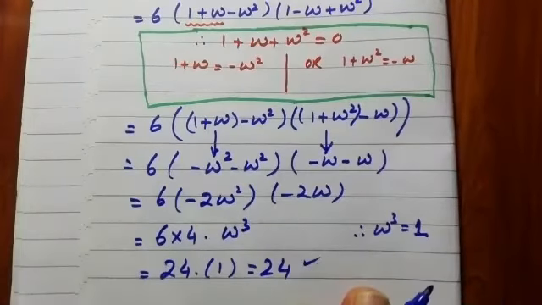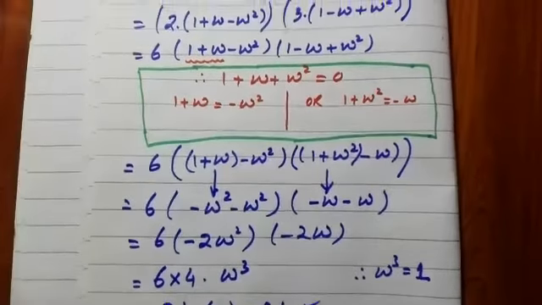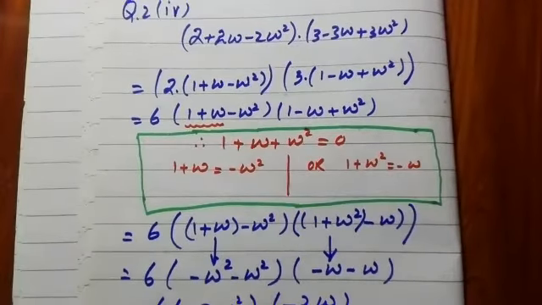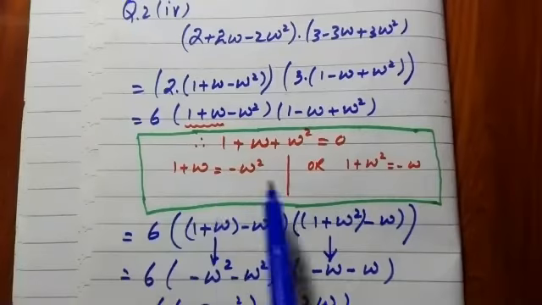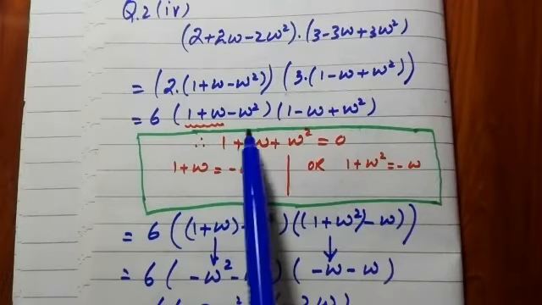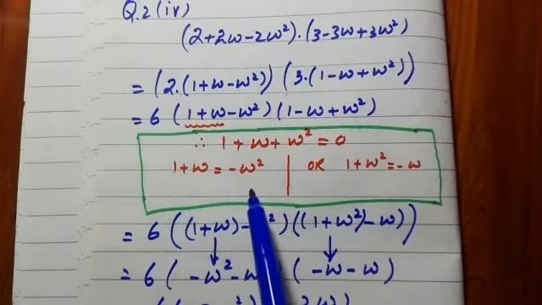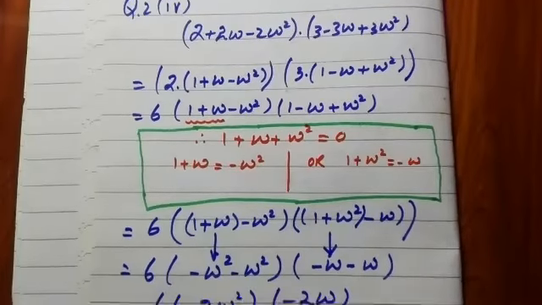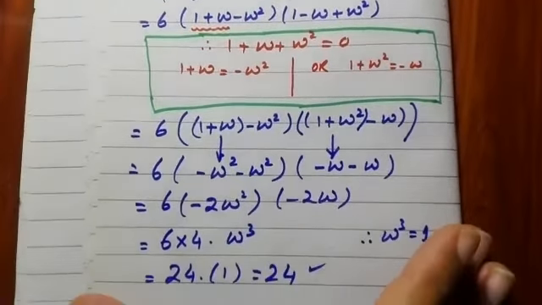In this question, we have learned that a property can be used in multiple ways. That sum of cube roots of unity can be used in 2 different ways. Either you can find the value of 1 plus omega, or you can find the value of 1 plus omega square. Because this is the only possibility we can do. You can't directly solve it, or you can't put any values directly. So you have to solve it separately, and then you will substitute one by one in each bracket, and then you will solve it further as I have done for you. So this completes the question.